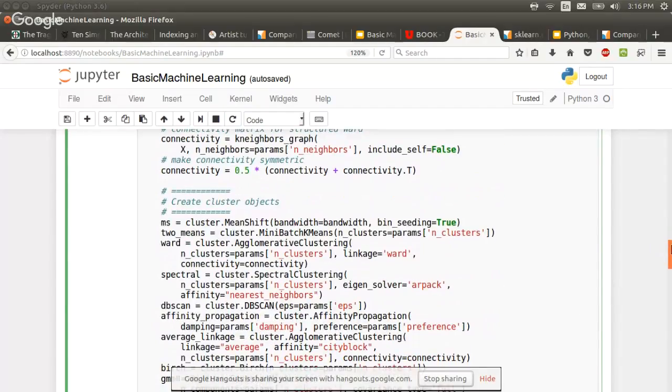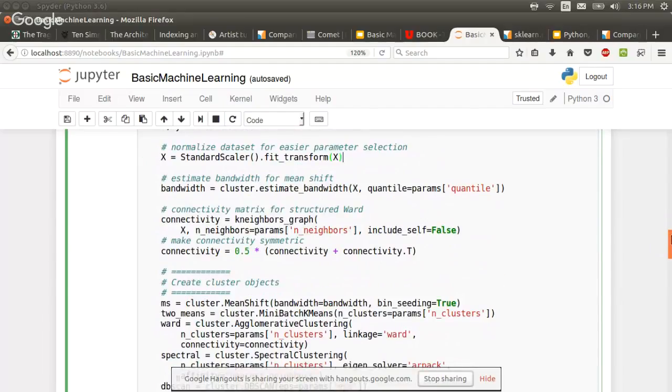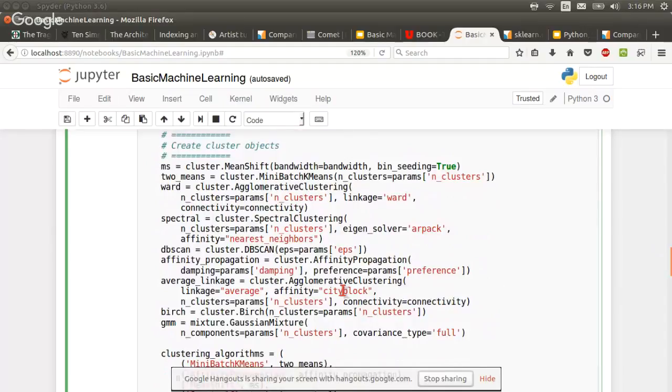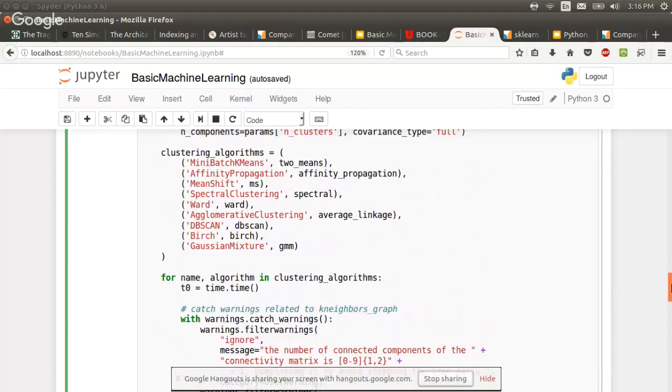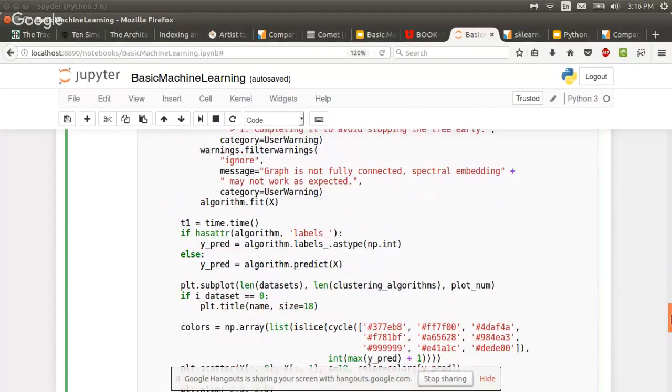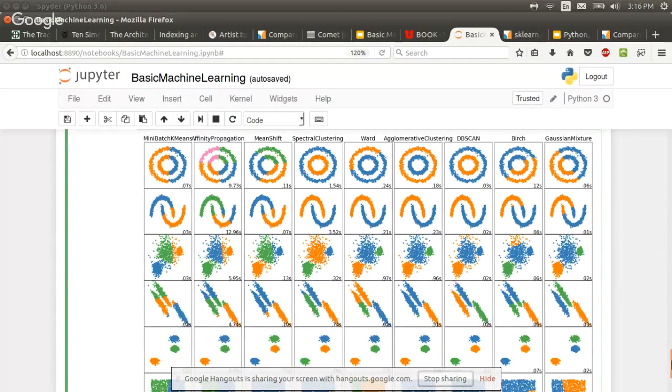Because the for loop is going through all the different types of data sets, and then this is going to go through all their different methods. You see they have their mini batch k-means, and if you see where the mouse is here, agglomerative clustering. So for every data set, they're running all these different methods, and that's how they're making that pretty cool chart down there. And I think the point, if you want to figure out what to take away from all this, is that even though they're all k-means and they're all probably roughly under Lloyd's algorithm, they all have different effects.